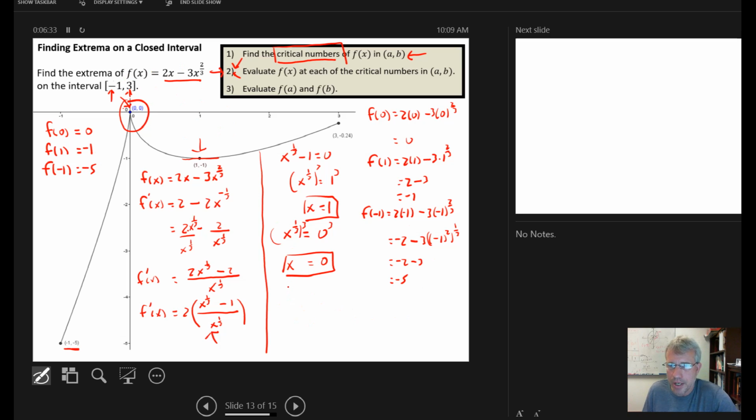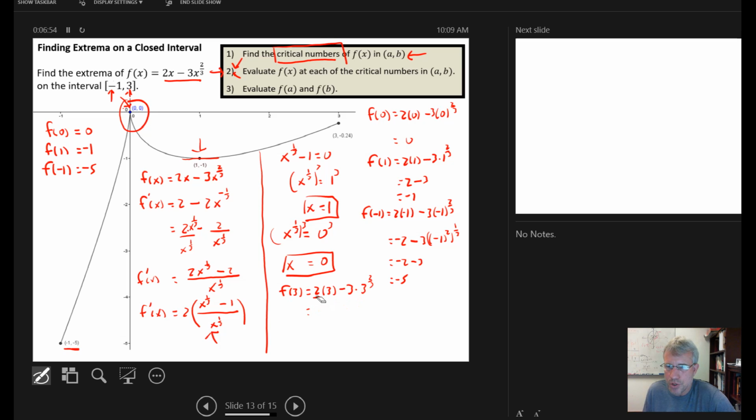And then I need to do the endpoint 3, and this one's not going to come out nicely. So when I evaluate f of 3, I'm not going to get an integer or rational number output. I'm going to get an irrational number. So I do 2 times 3, plugging the 3 into the original function, minus 3 times 3 to the 2/3, equals,